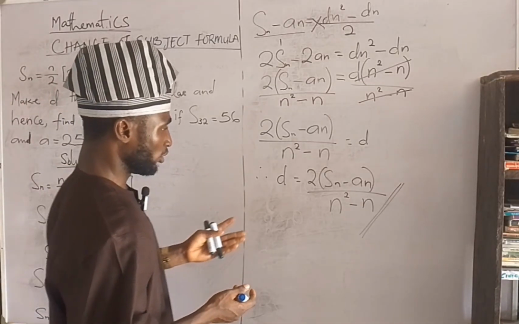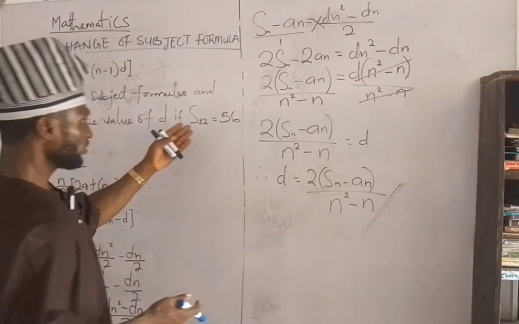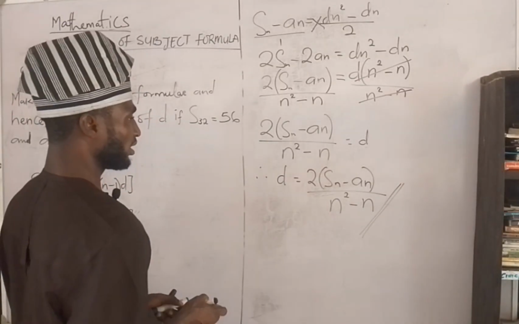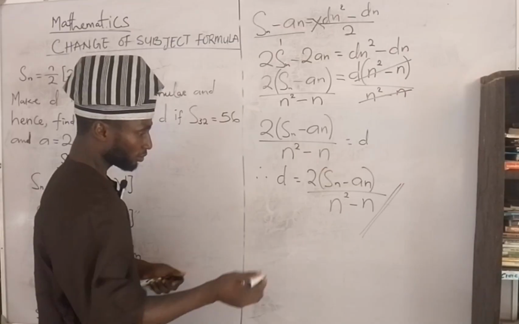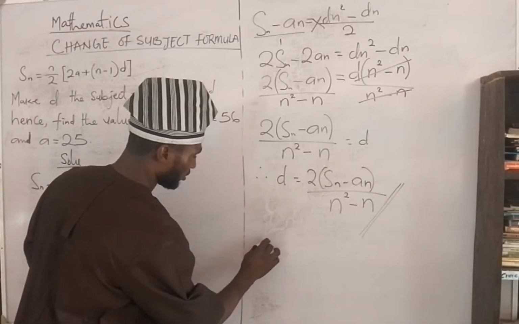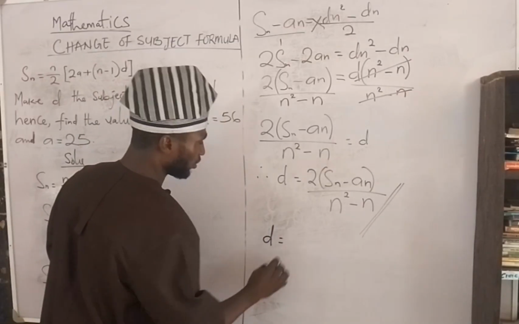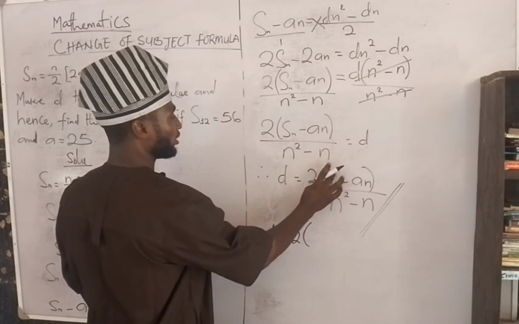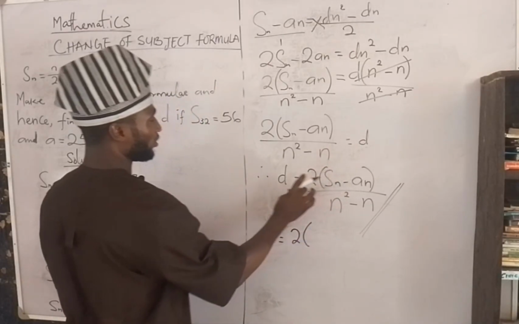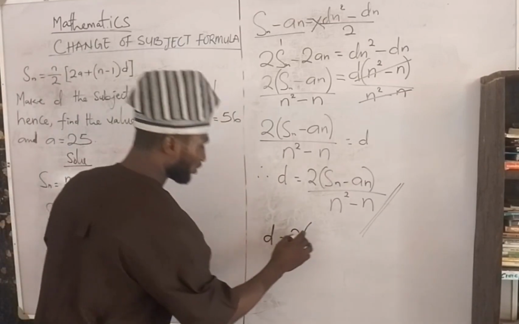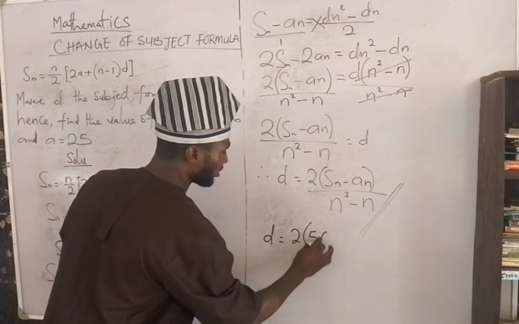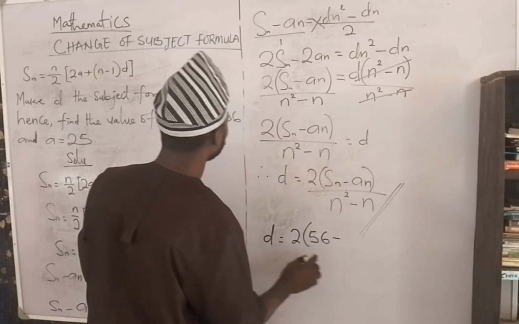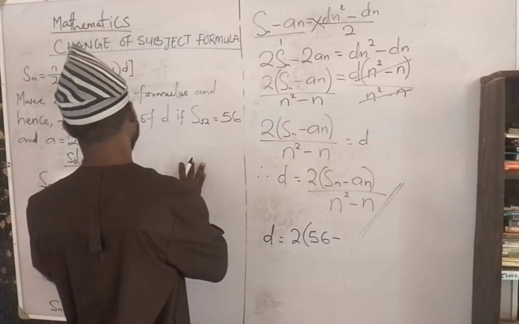So what we will simply do is to substitute all of this value into the equation to get our final answer, and that becomes d is equal to 2 in bracket. Now the sum of the first 32 term is given to us as 56, so here becomes 56 minus a. We have a, which is the first term, as 25